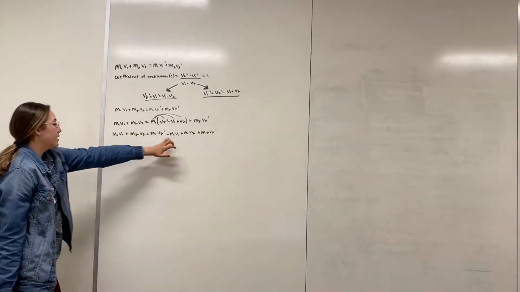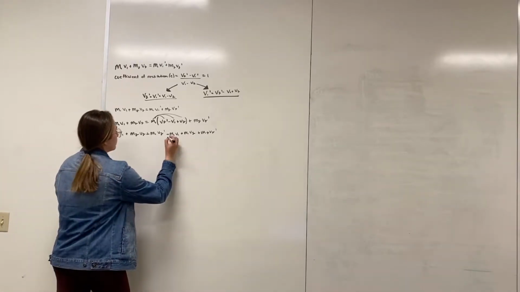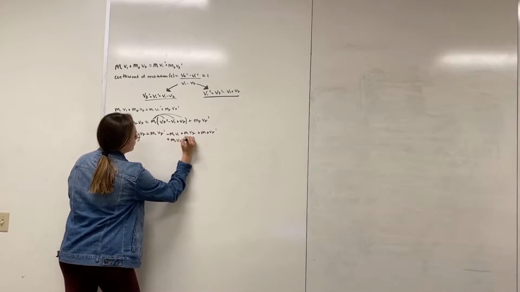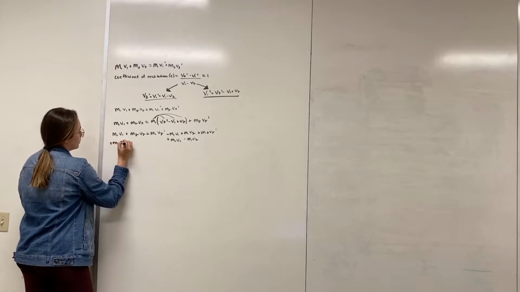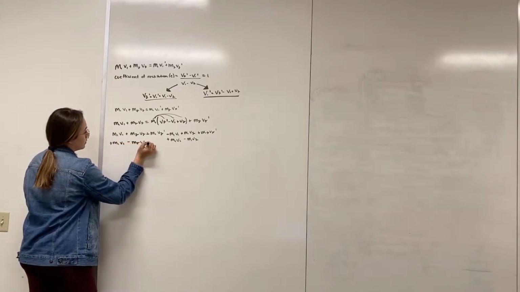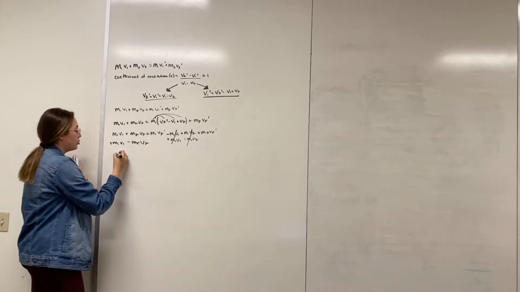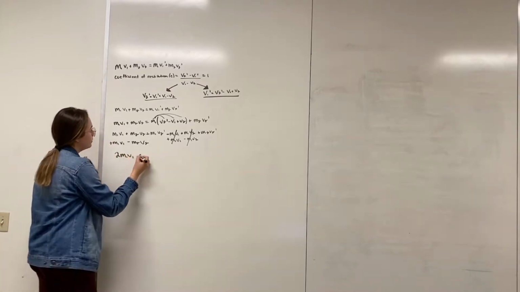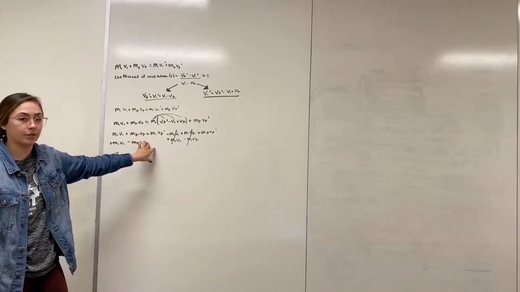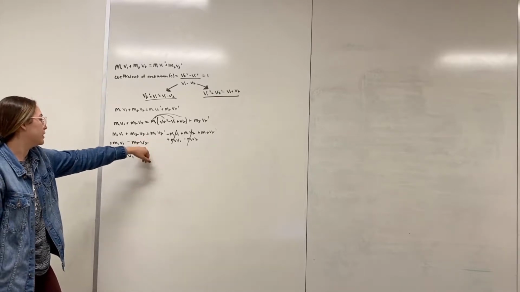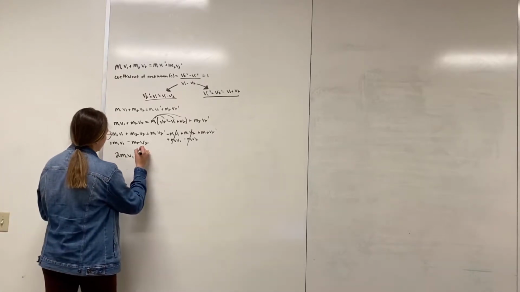From there, we're going to add m1 v1 to both sides and subtract m1 v2 from both sides. Over here they cancel out. m1 v1 plus m1 v1 is basically 2 m1 v1. And then over here, since both of these have a similar value with v2, you can just distribute it out and you would be left with